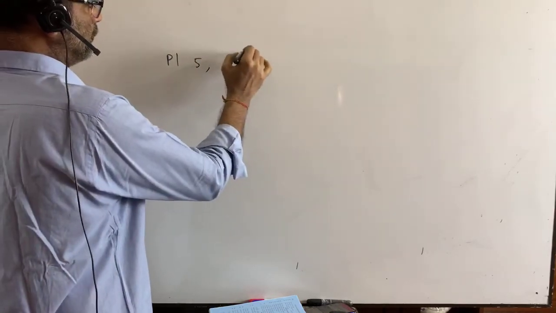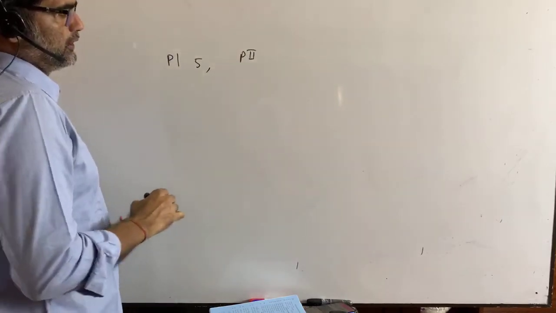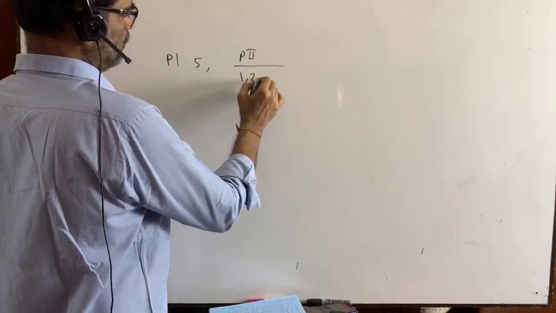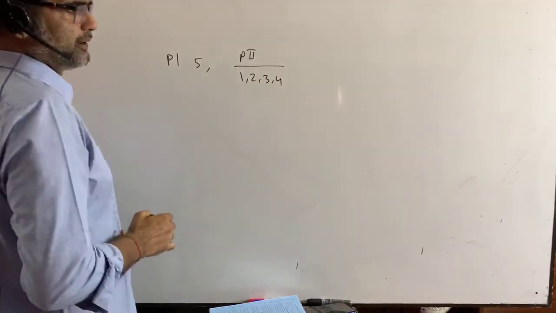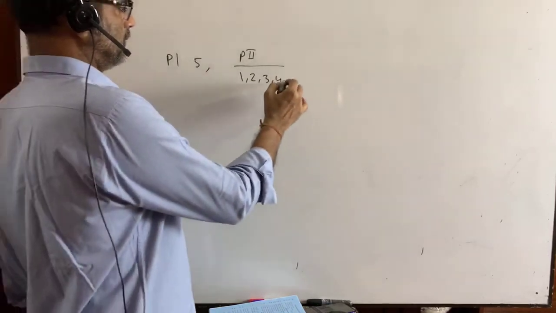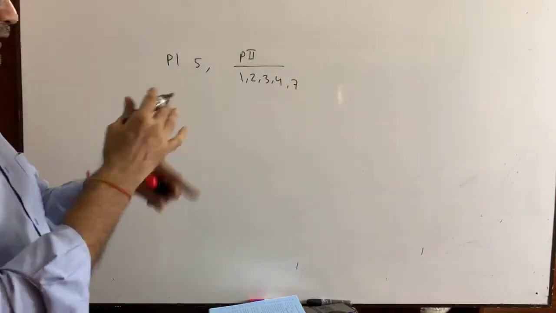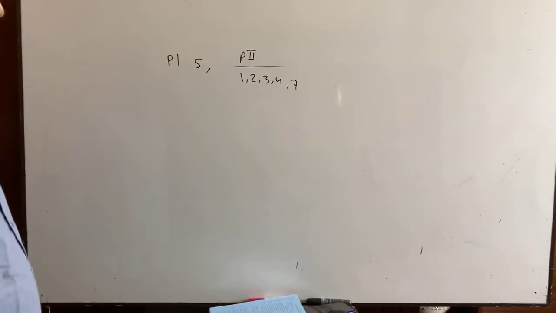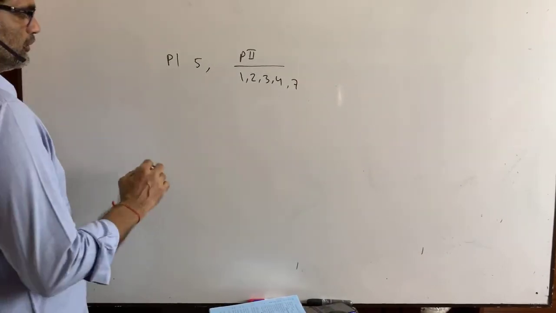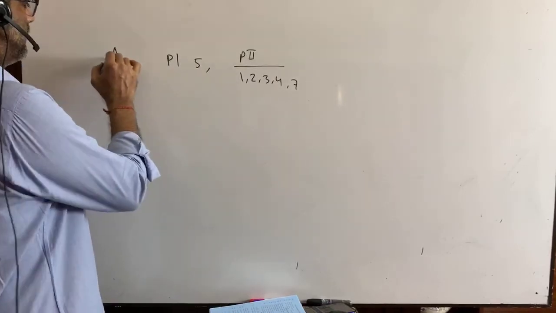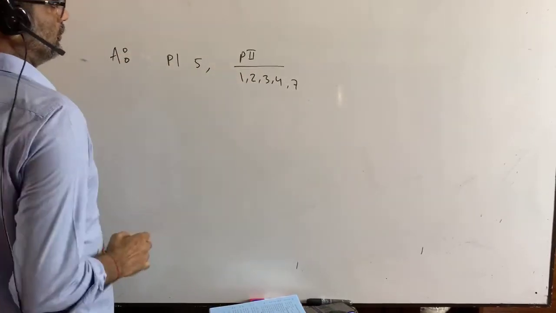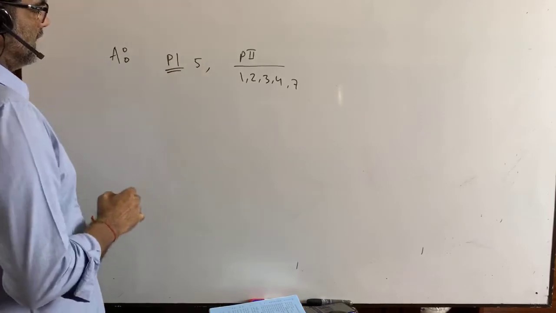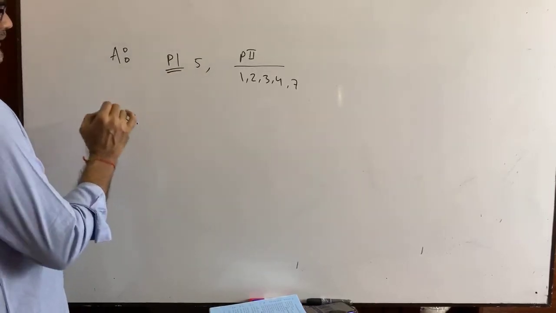And paper 2, what do you have? Paper 2, you have this type of math. Then 7. It will be in the same group, group A. And in group B, you will get...